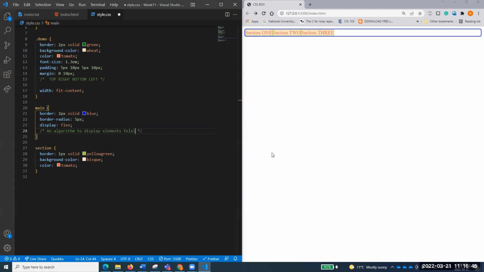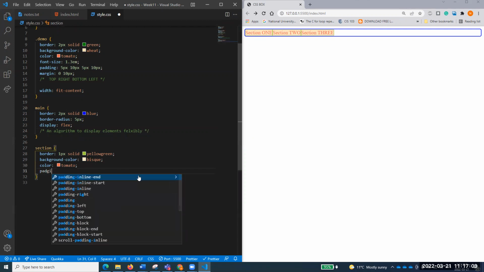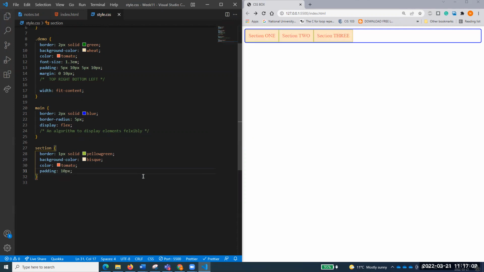Elements flexibly. So it's an algorithm that will show our elements flexibly in a flexible environment. Now, the flex has different properties that we can create. And first of all, it looks like this section 1 and section 2 look very tight with each other. So why not just apply some padding, right? Let's apply some padding of 10 pixels. You see now they look good,